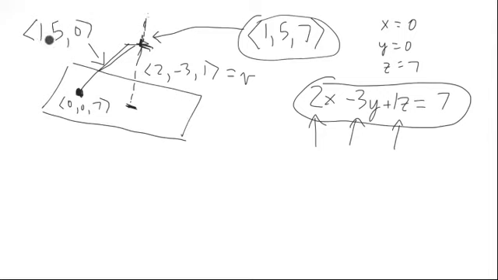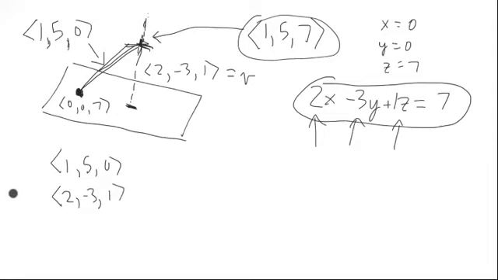So 1, 5, 0 is this vector right here. And we're interested to know, how does this project onto this direction? Projection is the exact same as dot product if what we're projecting onto is a unit